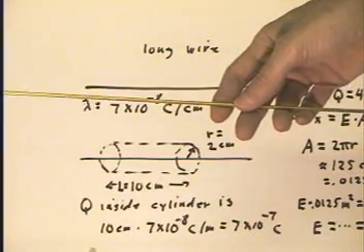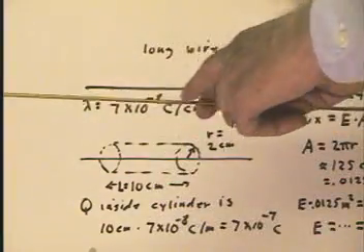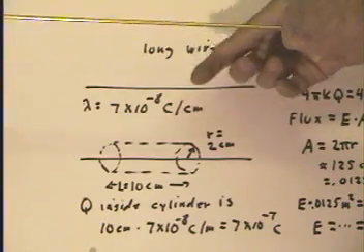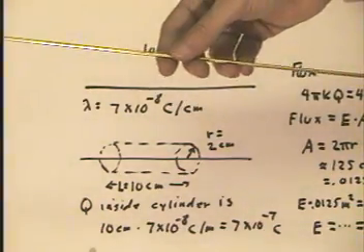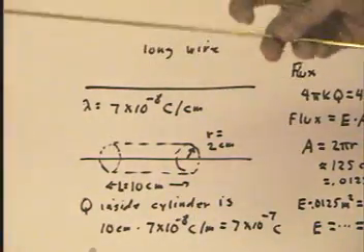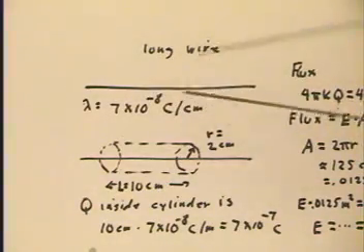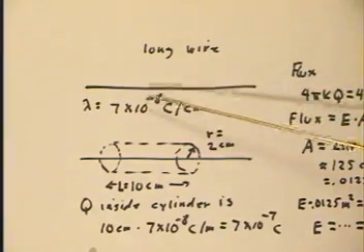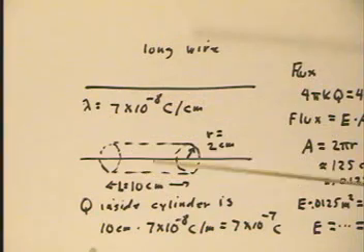You can't tell. If this wire has a uniform charge distribution, say, like the charge distribution we're going to use here in a minute, 7 times 10 to the negative 8th coulombs per centimeter, then when I rotate the wire, it still has a charge density of 7 times 10 to the negative 8th coulombs per centimeter. We still have a long wire with the same charge density. And if you can't see when I rotate it, you can't tell that it's been